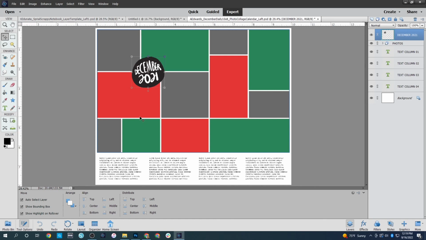layer templates next. So this one works the same way as before. You can see all the layers up here. We've got our 4 different text columns, our bucket of photos here, and then the December daily embellishment, which I definitely wouldn't want. So I would turn that off or delete it in order to not have it on here. Then I can open up my photo. Let's just grab one,